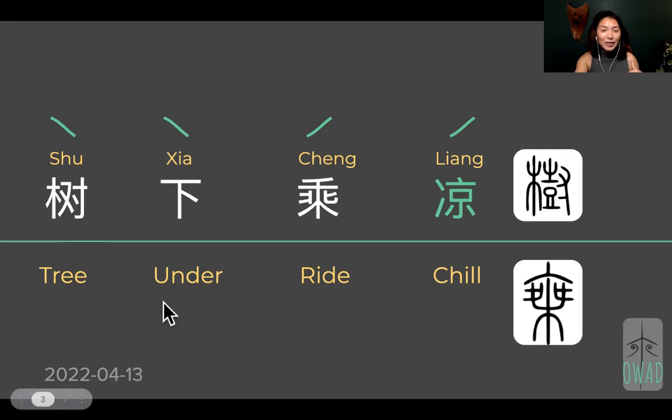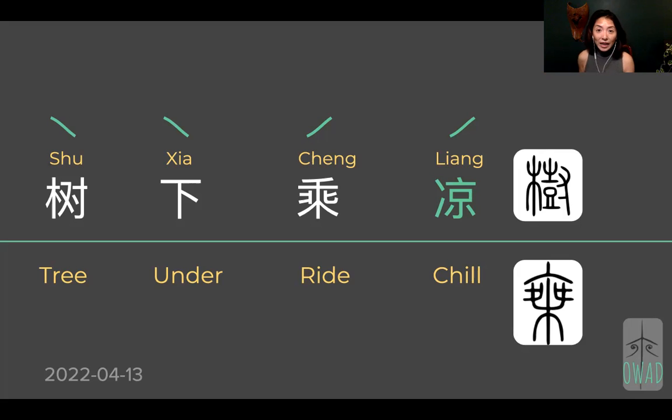But in Chinese, we always say tree is the main subject, right? And then from tree, we start to talk about the positioning in relevance to the tree. So you right now are under the tree. That makes sense too, right? That's a different way of thinking, but we have tree first and then tell you the position under, okay?